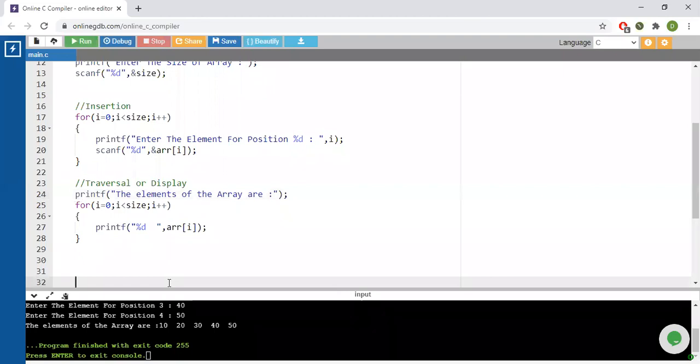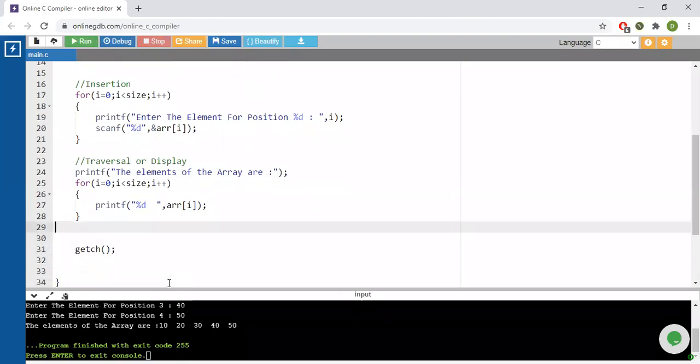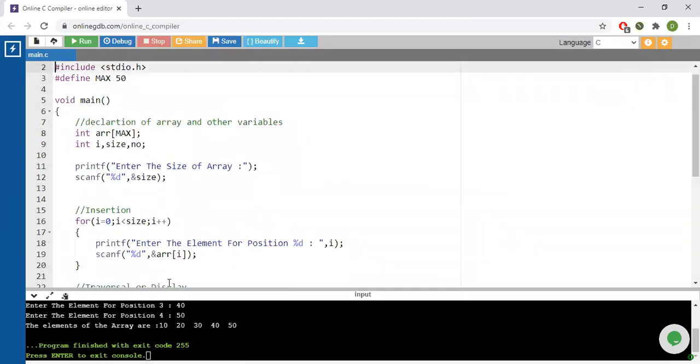So students, this is the simplest code which we can write for arrays. What we have done over here is we have taken a library, hash include stdio.h. We have defined max, and in this code we have used max over here.